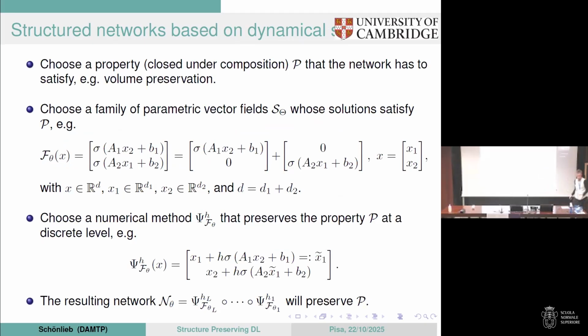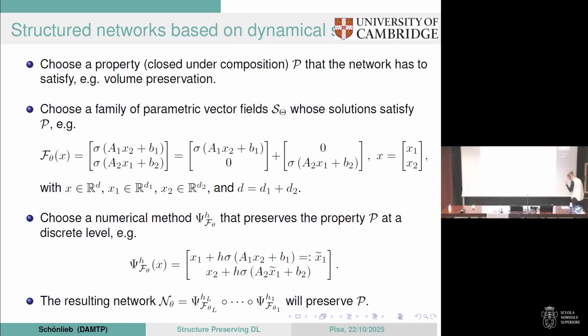Now, how does structure preservation come in? And all of this, in a way, started also with people from what is called geometric integration. So geometric integration is the subfield of numerical analysis where people think about how to integrate differential equations. It is mostly in the ODE